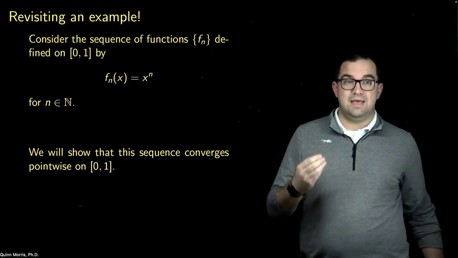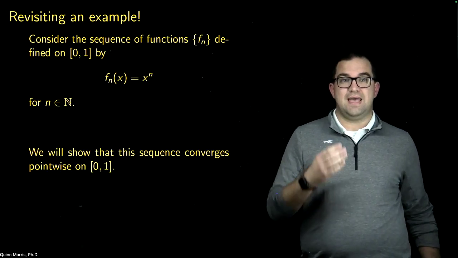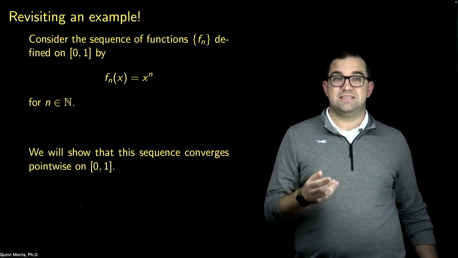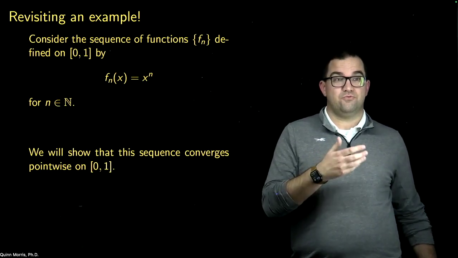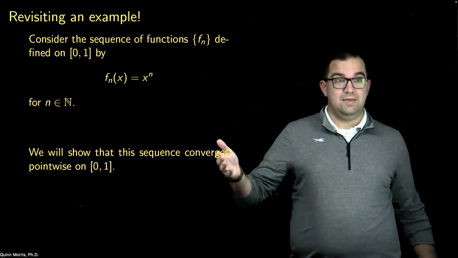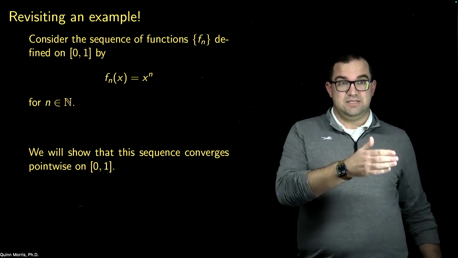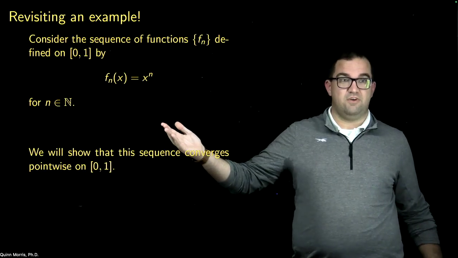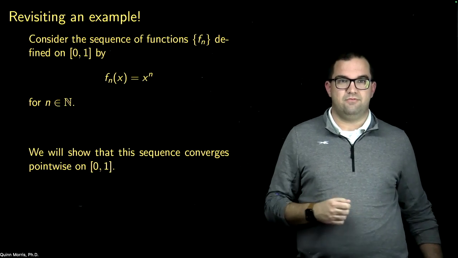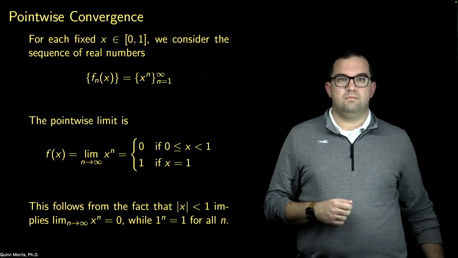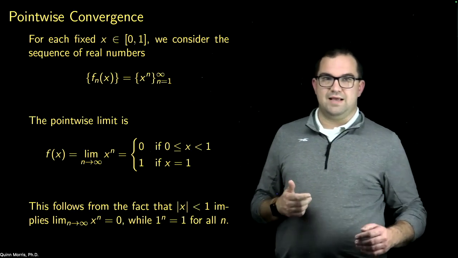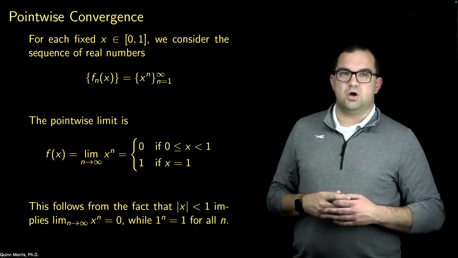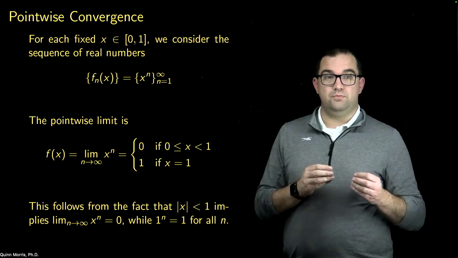We need a limit function in order to say this sequence of functions converges to this limit function, in exactly the same way that when we had a sequence of real numbers, we needed to know what the limit was. I want to say this sequence of real numbers converges to L. I want to say this sequence of functions converges to f. Now, let's think about what that has to be. And again, we've talked through this before, but it always helps to review. So if I fix an x value,